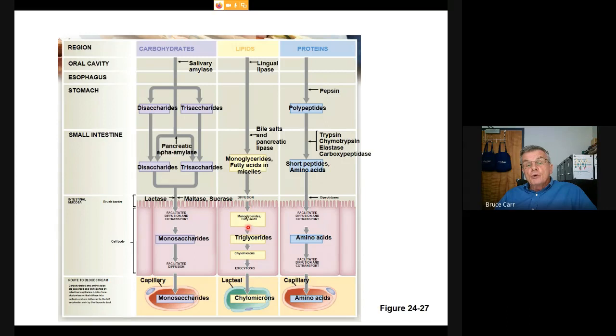Diffusion is going to move this. Remember, the membrane's hydrophobic, just like the micelle. And so it's basically going to just drop right through that membrane by diffusion. Monoglycerides and fatty acids, triglycerides, are formed. This would be a good example of glycerol with 3 fatty acid chains, and processed into even further smaller drops